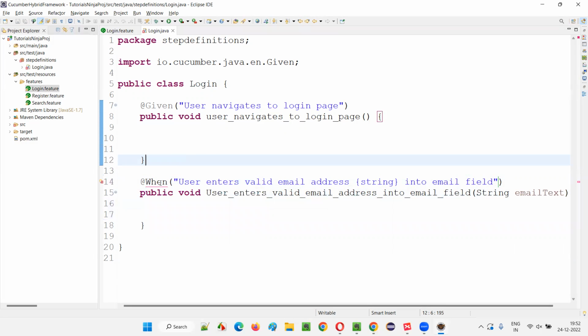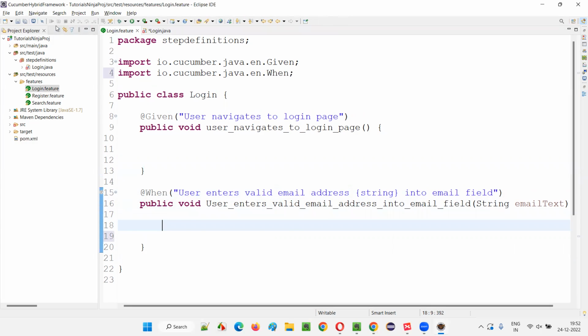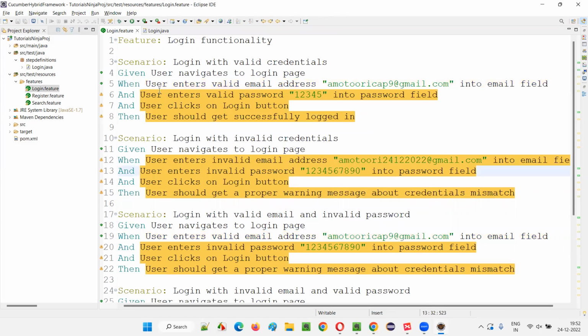Hover over the mouse at @When. Click on save all. Import When from io.cucumber. Done. This is also done. Now click on save all and see, this step is also implemented. Remaining all steps, guys, I'll